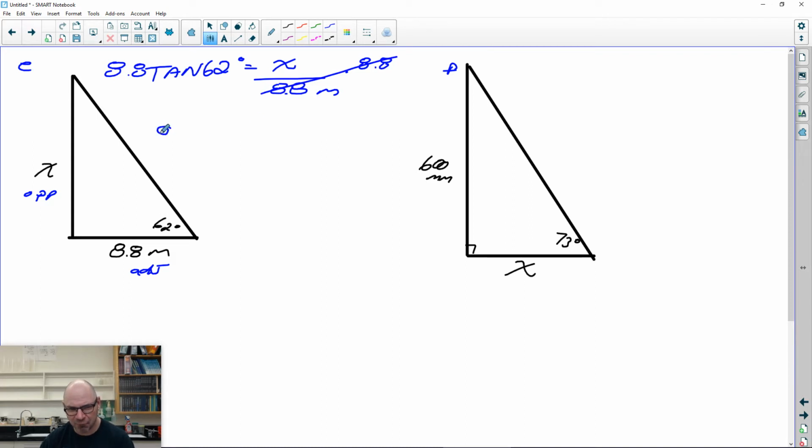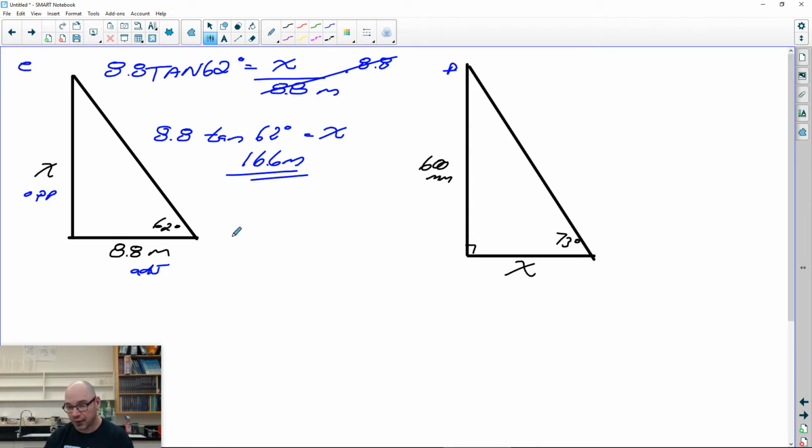Okay, we've got 8.8 times tan 62 degrees is equal to x. Get our calculator out. Okay, again, if you're doing the backwards one, you go 62 tan times 8.8. If you're doing the front one, 8.8 times tan 62. 16.6 meters. Okay, our final drawing one, and then the rest are word problems, is F here,